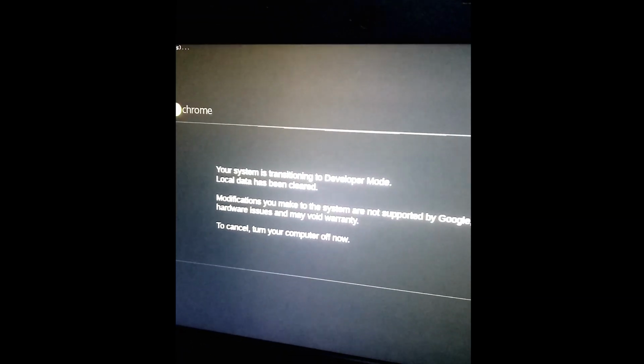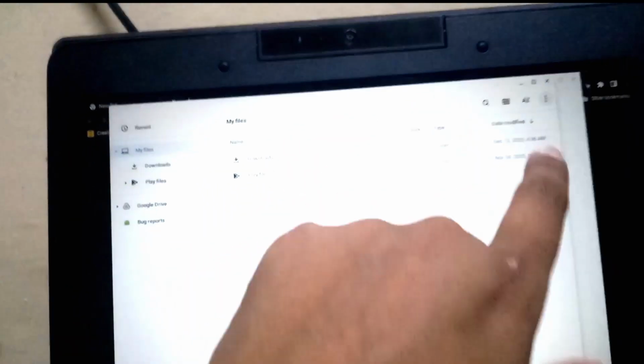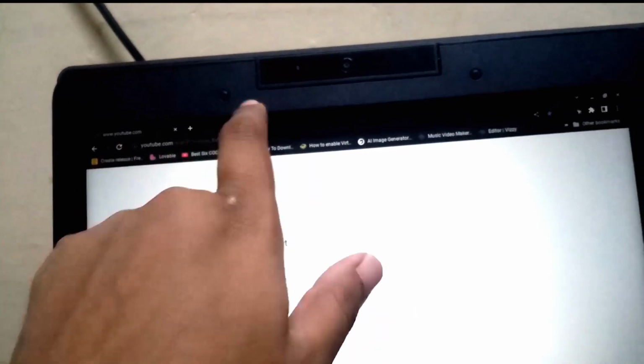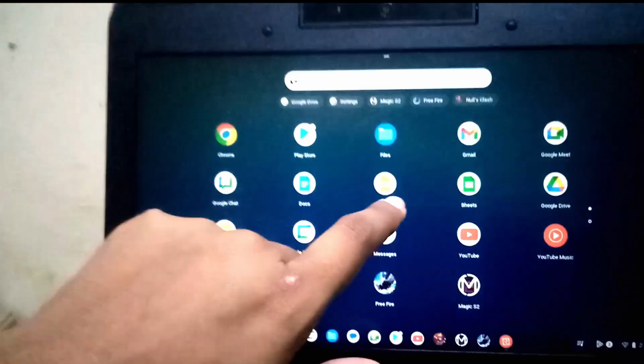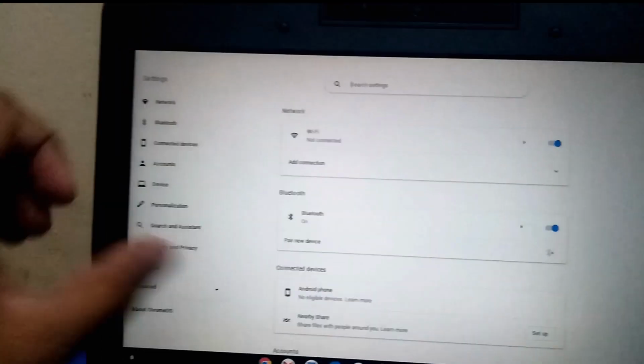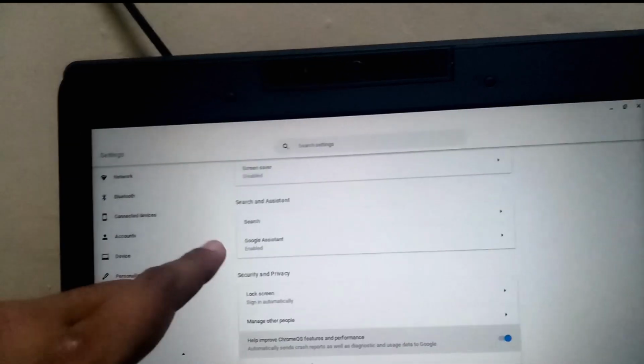After developer mode is on, just log into your Gmail account with the Wi-Fi on. It will download some specific features for your developer mode. After that, you can download Linux developer mode, or download or install apps outside of the Google Play Store. Here you can see